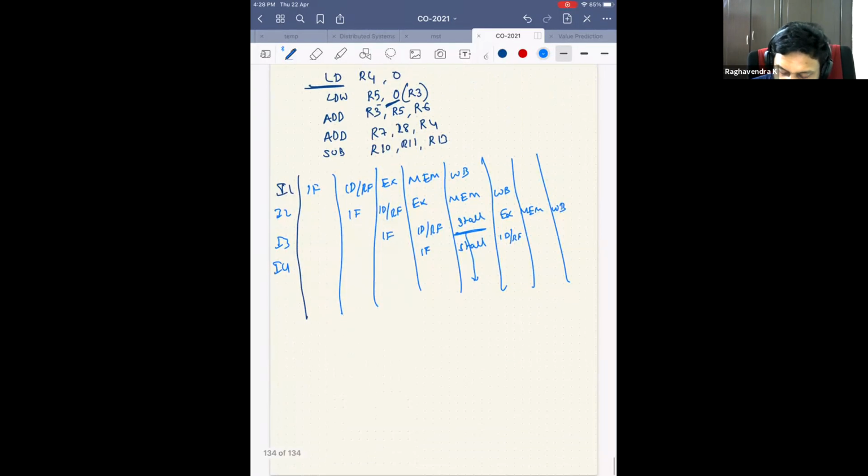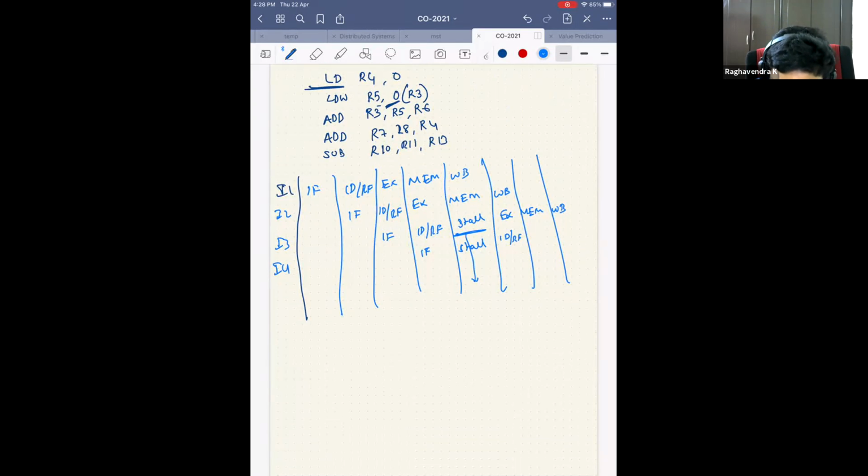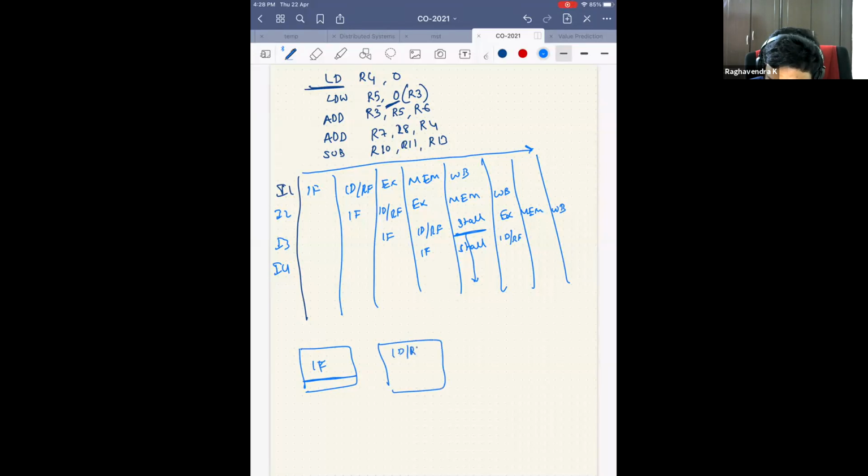One thing is, we will not know whether it's a stall or not beforehand. No. This is a timeline view that you are looking at. It's easier for us to explain that way, but in hardware this doesn't happen this way. In hardware, you have an instruction fetch unit with a pipeline register, an instruction decode and register fetch with a pipeline register, an execute with a pipeline register, and similarly memory and then write back.